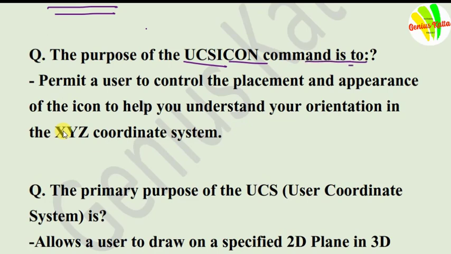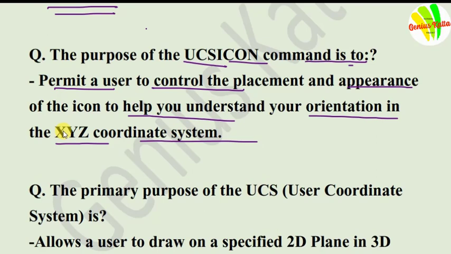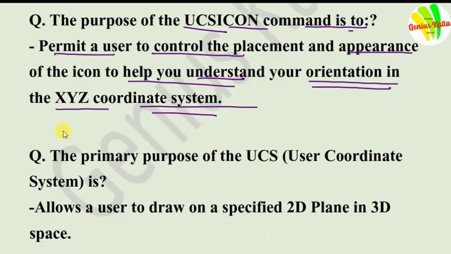UCS full form is User Coordinate System, and the purpose of the UCS icon is to permit a user to control the placement and appearance of the icon to help you understand your orientation in the XYZ coordinate system.